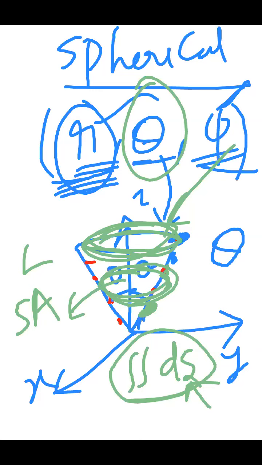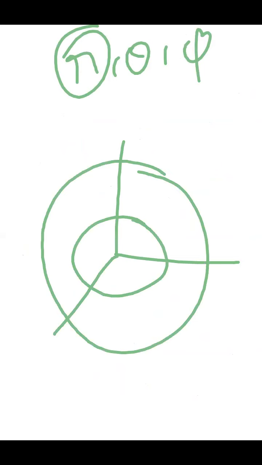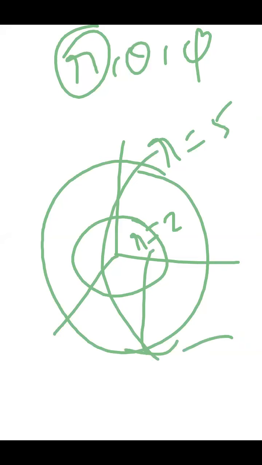Then what is the nature of R? R, theta, pi. What is the nature of R? Once your R is small, your surface will be like this. Once you increase R, your surface area also increases. Now please remember, if this is R equal to 2, and this is R equal to 5, both are forming their own surfaces. Are they parallel to each other? Yes, it is parallel, because the left hand side is the same and the right hand side differs. So definitely it should give you parallel surfaces.